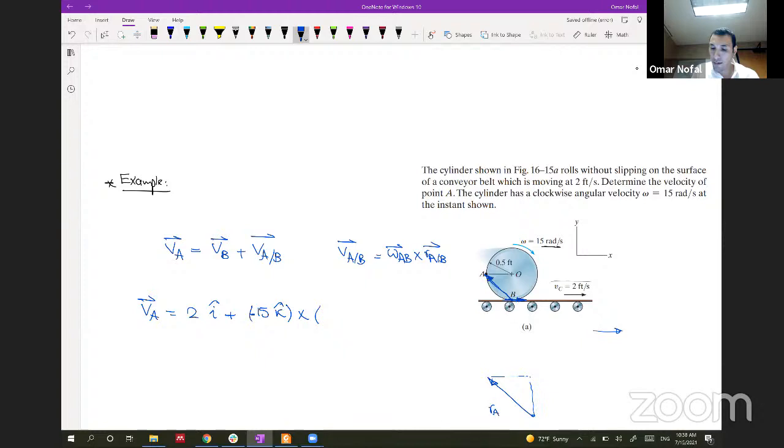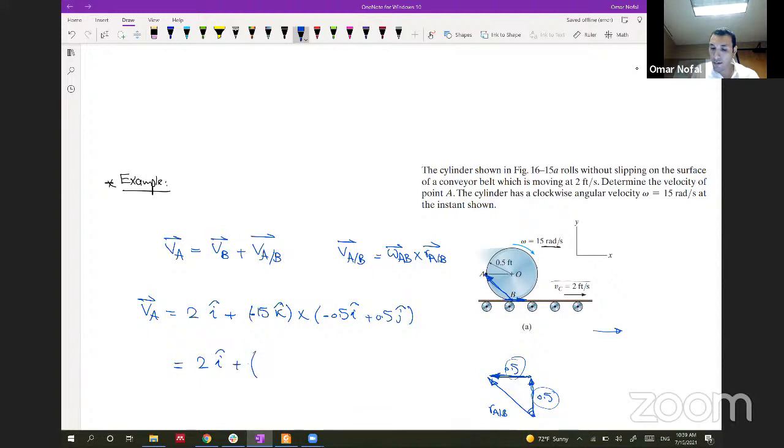This is RA with respect to B, and you should move up and come here, and this should be 45 degrees, and this is also the radius 0.5. So this will be negative 0.5 in the I hat direction, which is this one, and positive 0.5 in the J hat direction. So you know that you will have to go up in the positive J hat and go this way in the negative I hat. So let's do this product. So we'll have 2 I hat plus